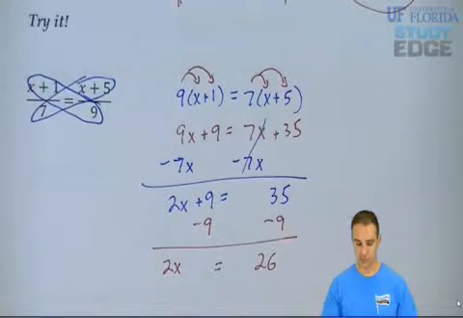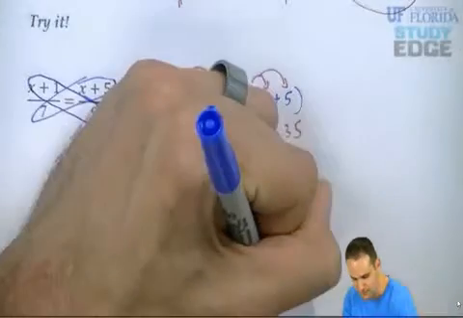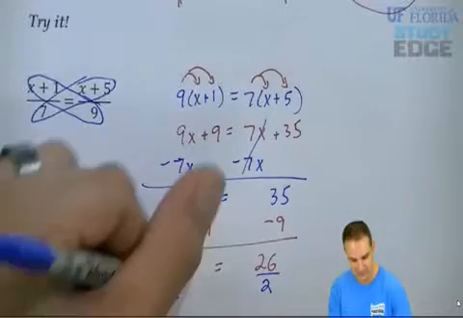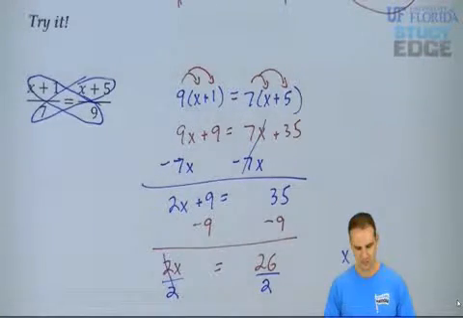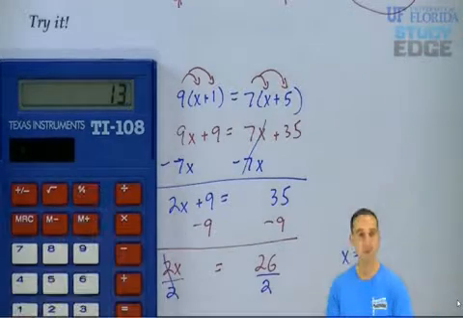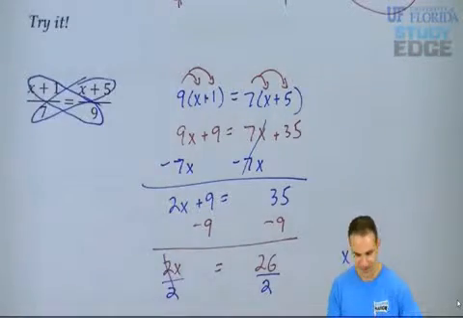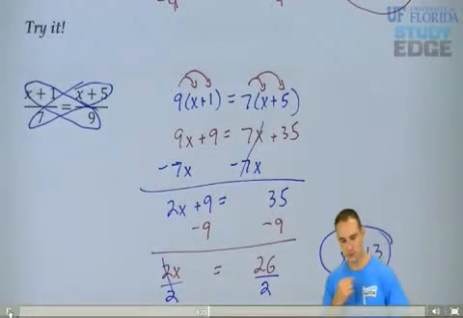Lastly, the inverse of multiplying would be dividing both sides by 2. I have 2 times x, so I'll be dividing by 2. The 2 simplifies, and x equals 26 divided by 2. 26 divided by 2 is 13. So the answer for x is 13. So with all this cross multiply,